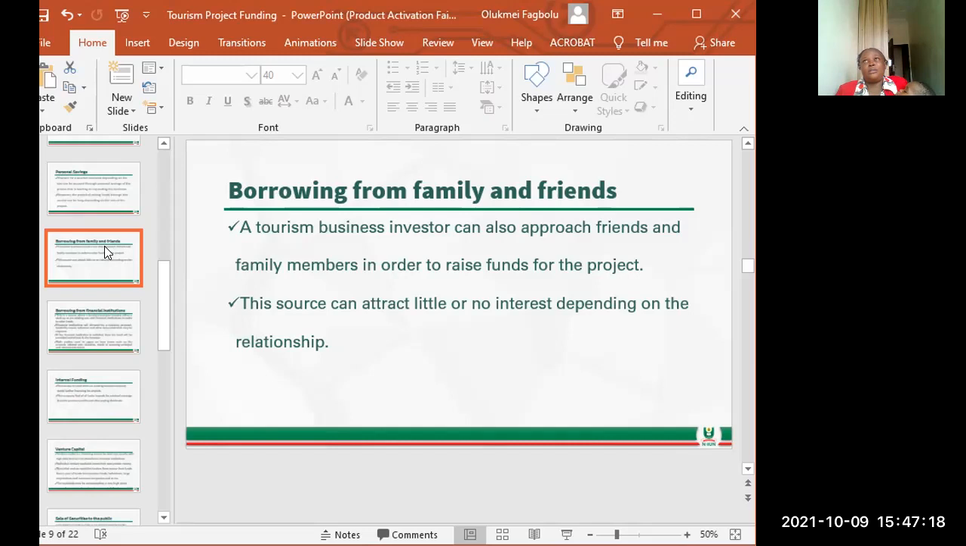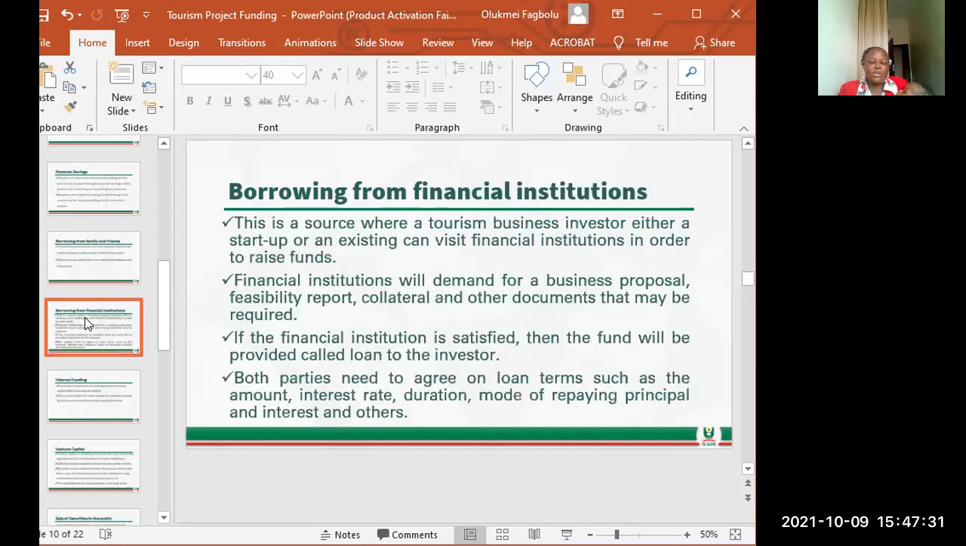I just give you 1 year or 2 years or 6 months or 1 month to return the money to me. So it all depends. Then after borrowing from family and friends, another source that we mentioned is borrowing from financial institutions. When we are sourcing for funds, we can borrow from financial institutions. And when we talk of financial institutions, we know that these include banks, it could be commercial banks, or the